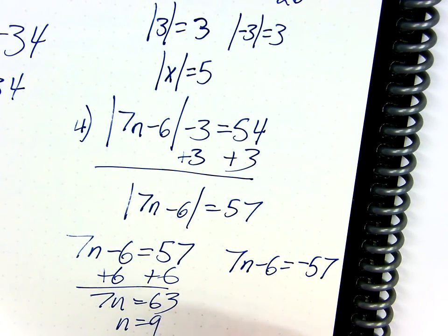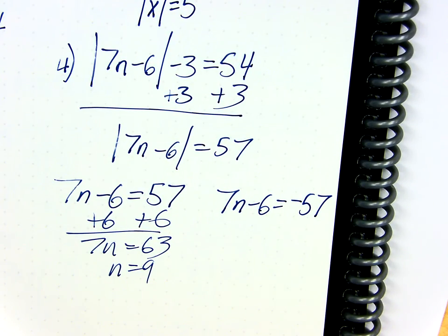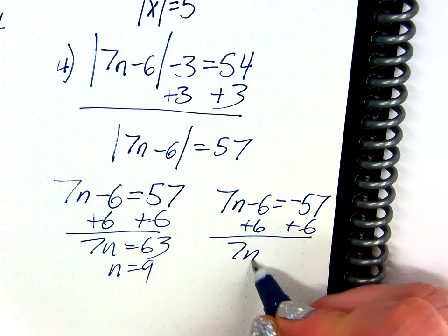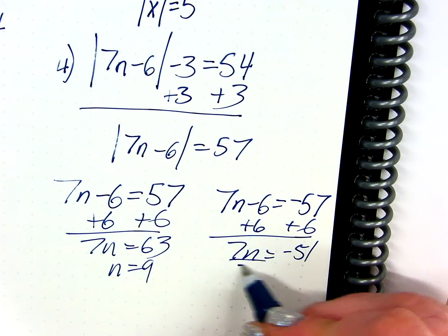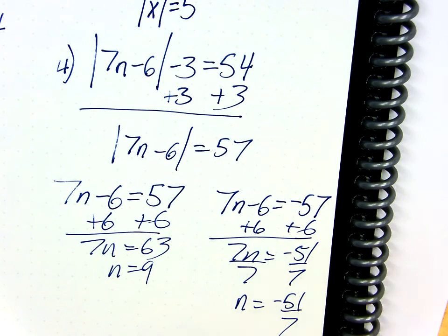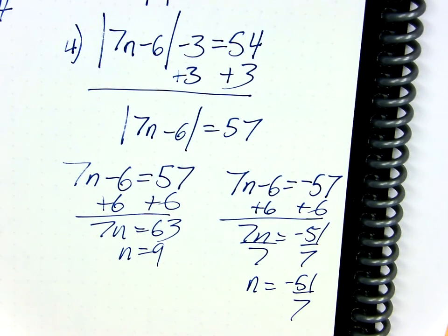So we get the one answer of 9, but the other answer is not negative 9, right? If you do this math out, you get negative 51/7. So such a common mistake to just say, oh yeah, it's positive negative 9. No, it's not. Okay, we will talk more about absolute value